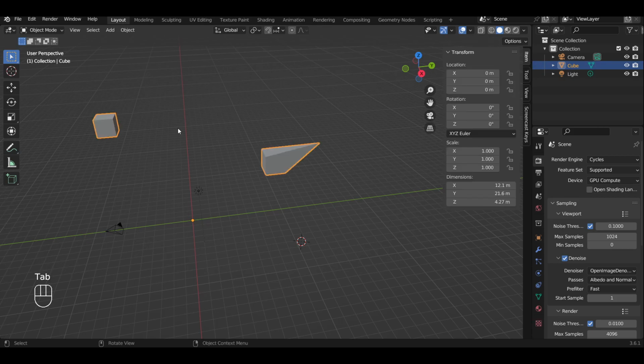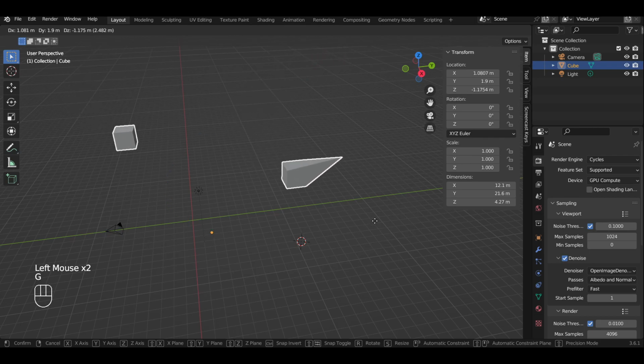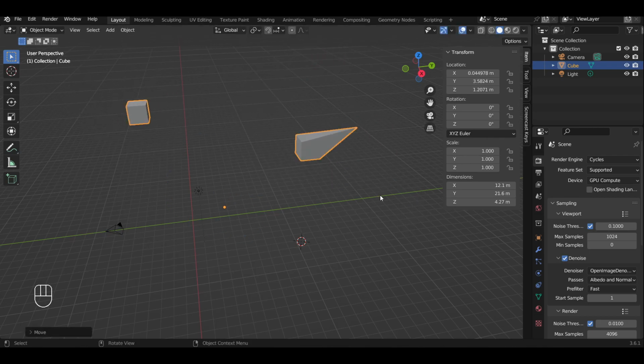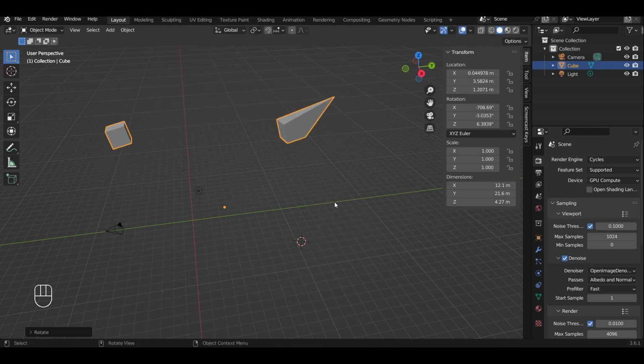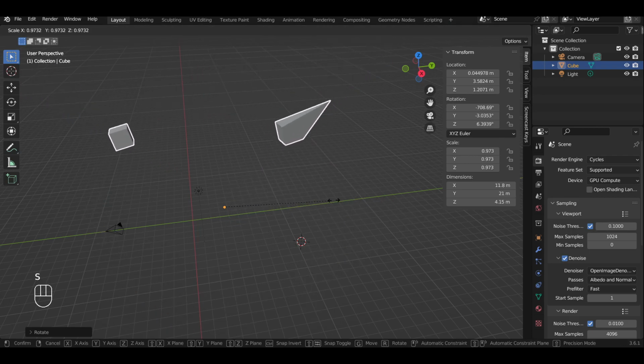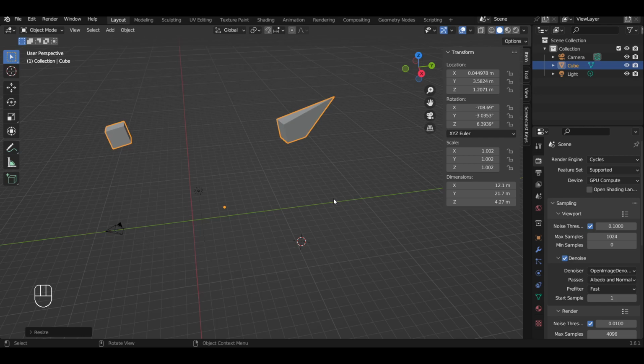But if we go out to object mode, we can only select everything at once. And again, the location is still 0, 0, 0. Rotation is still 0, 0, 0 degrees. And scale is still 1, 1, and 1. So if we move, we have to move everything at the same time. If we rotate, we have to rotate everything at the same time. If we scale, we have to scale everything at the same time, because to Blender, all of this information is